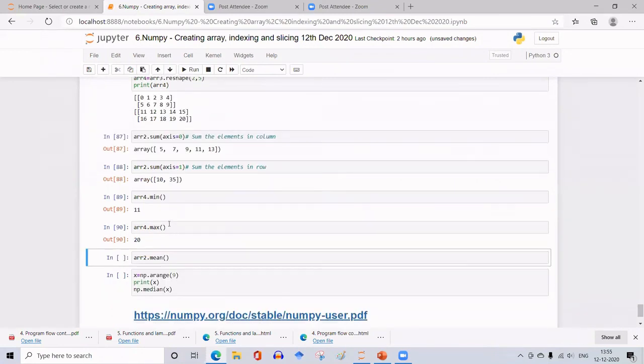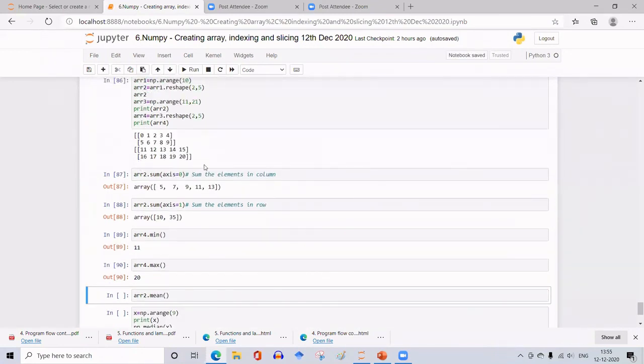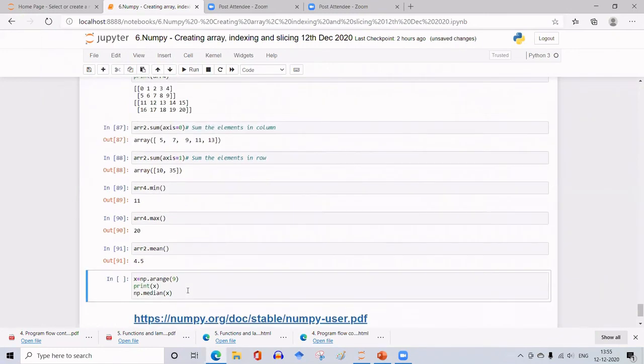So what is the mean? Sum up all and divide by the number of elements. It is easy to sum here. So what is the sum? 45, is it not? 45 divided by 10. So mean is 4.5. So I must get 4.5.